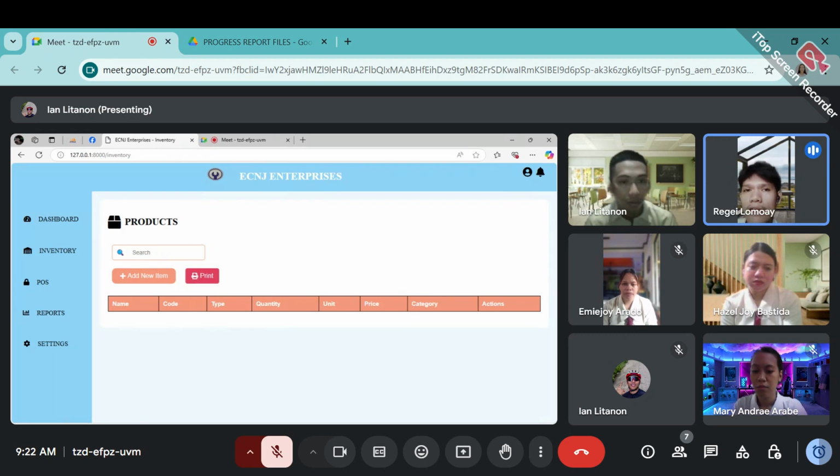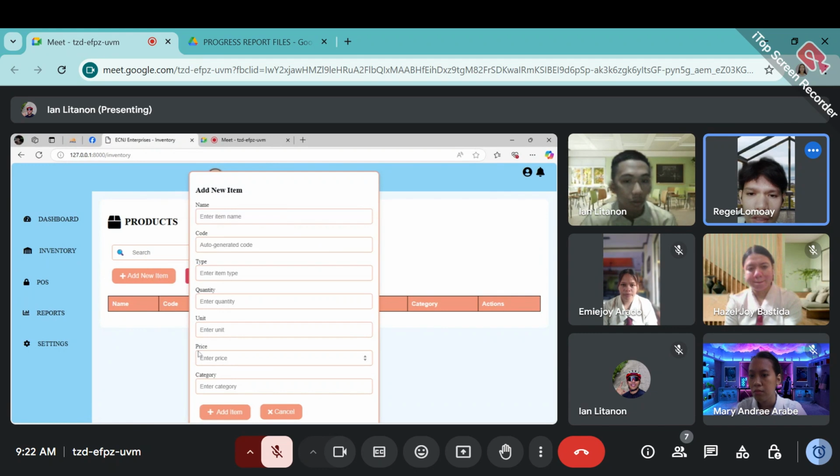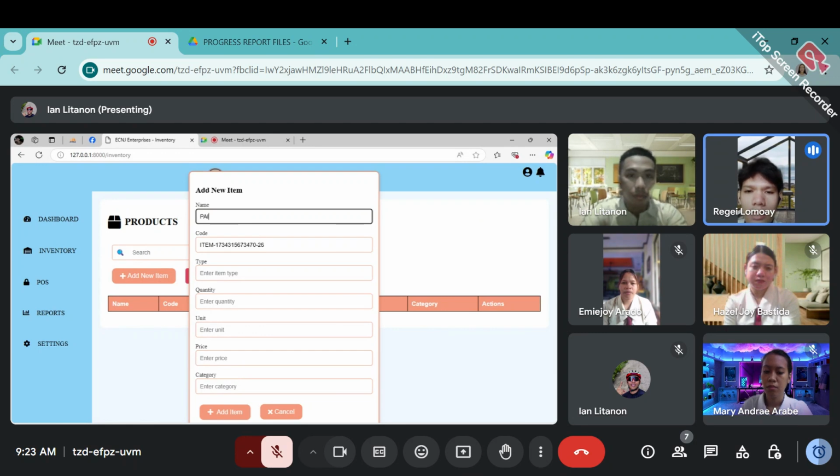So if the user needs to add a new product, then the user will click the add new item, then fill in the form. So Ian Litanon will be performing the form of the new item product.